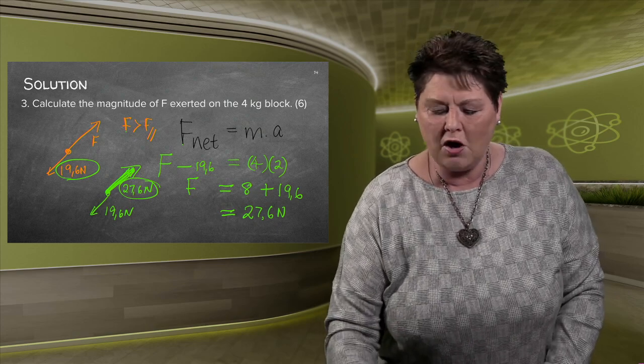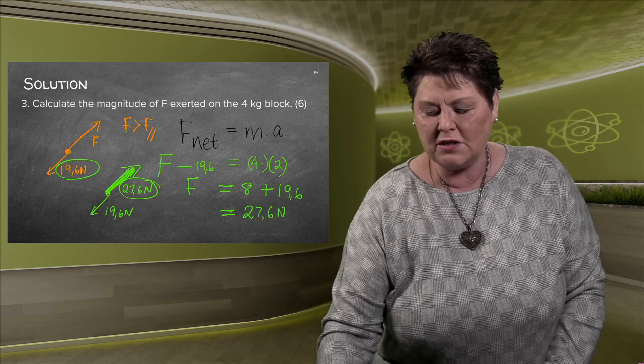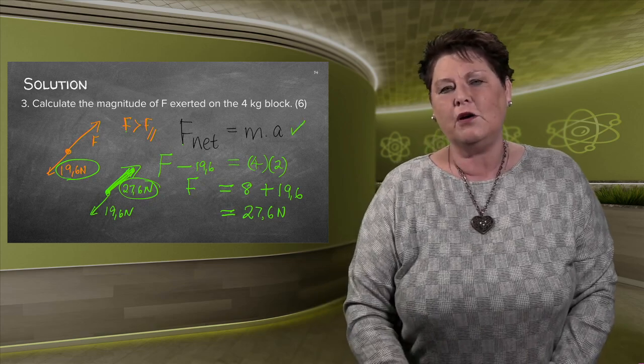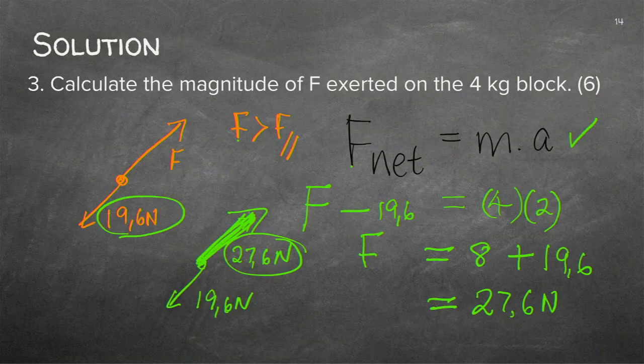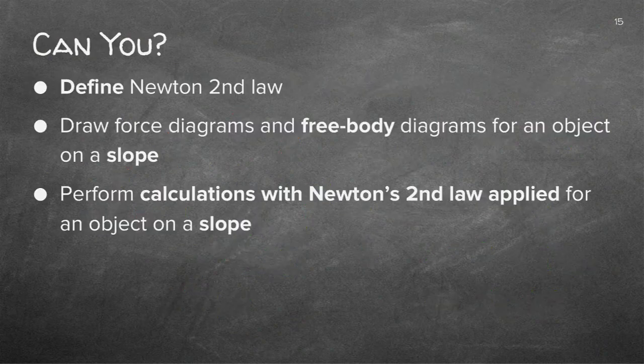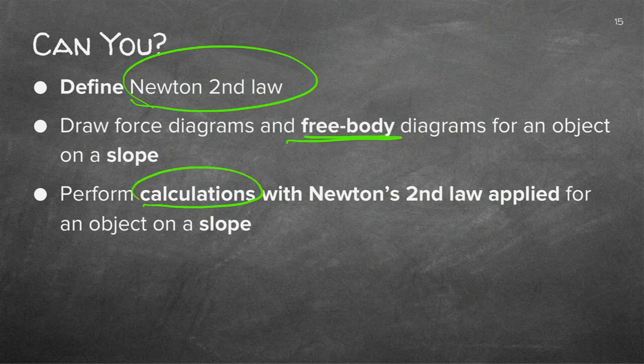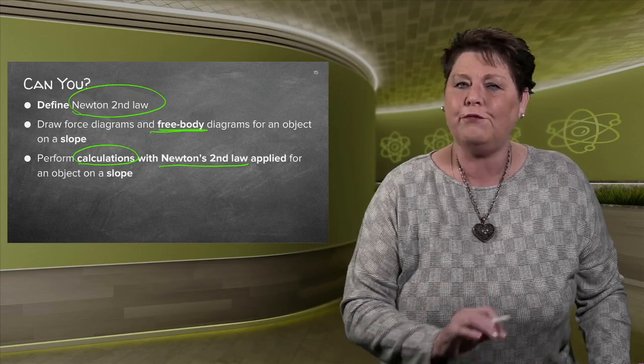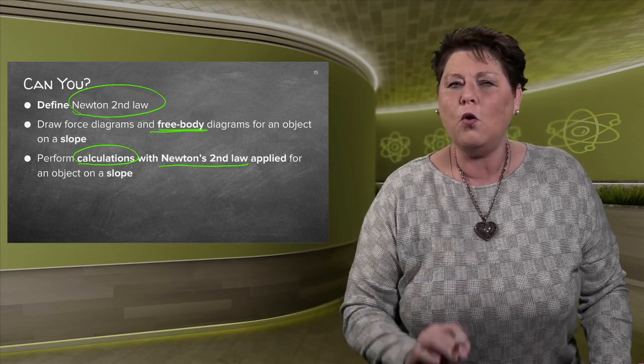You'll get 6 marks for all the calculations. Remember to write down the equation because you actually get marks for the equation. Let's see what you should have been able to do. Can you define? Can you write it down, the nice words that they actually give you to explain Newton's second law? Always work from a free body diagram, and then finally do the calculations with Newton's second law. Check if you can find the net force, and you will have all your marks.